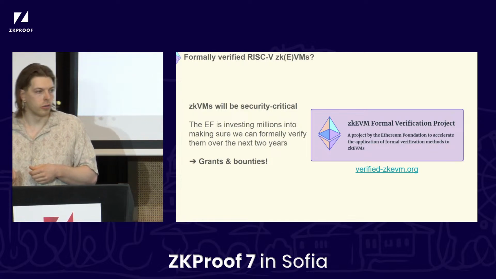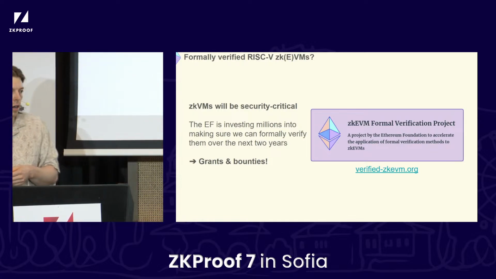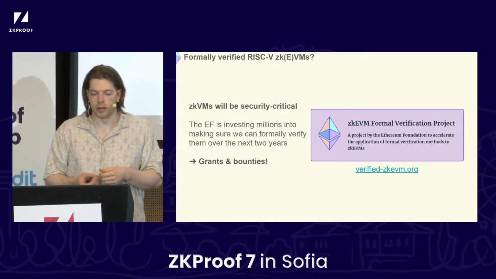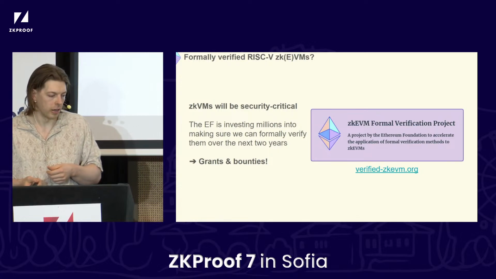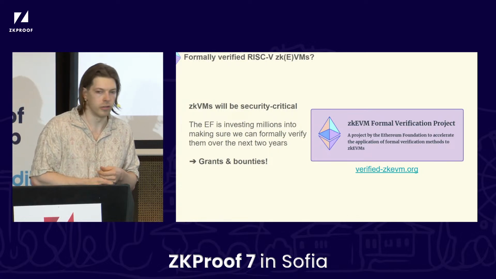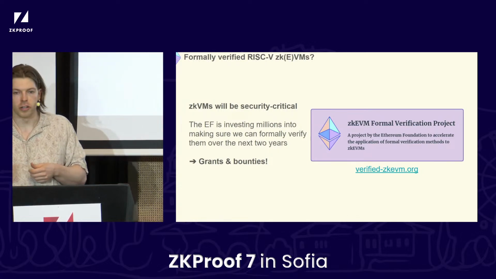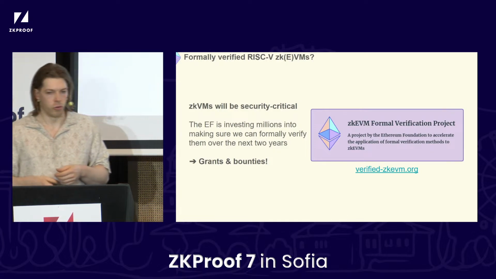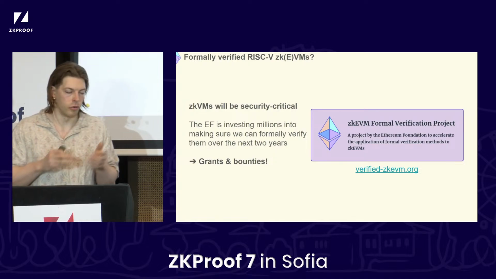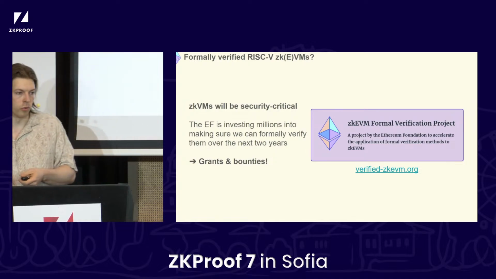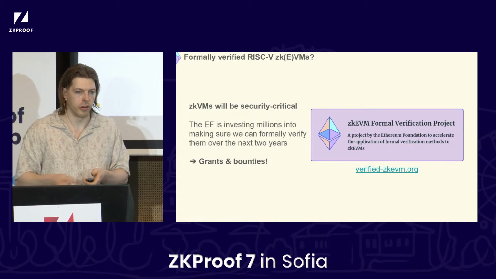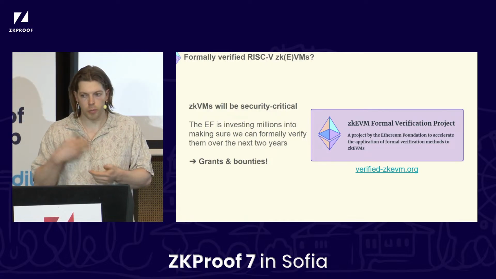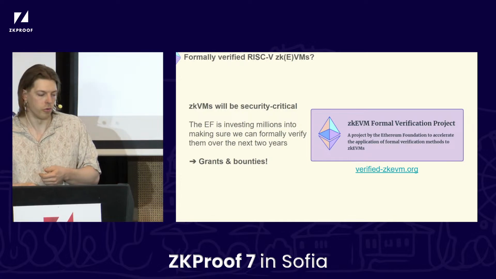Because we're planning to use zkEVMs quite heavily, they're also going to become security critical. It's obvious that if you have issues in anything zk, things can blow up fairly quickly. For that reason, the EF is investing essentially $20 million over the next 2 years, starting a few months ago, to make sure that we can set everything up to formally verify them, but also to develop all the tooling that's required to keep them formally verified down the road, because we expect things to keep changing, both in terms of engineering, but also in terms of the proof systems.